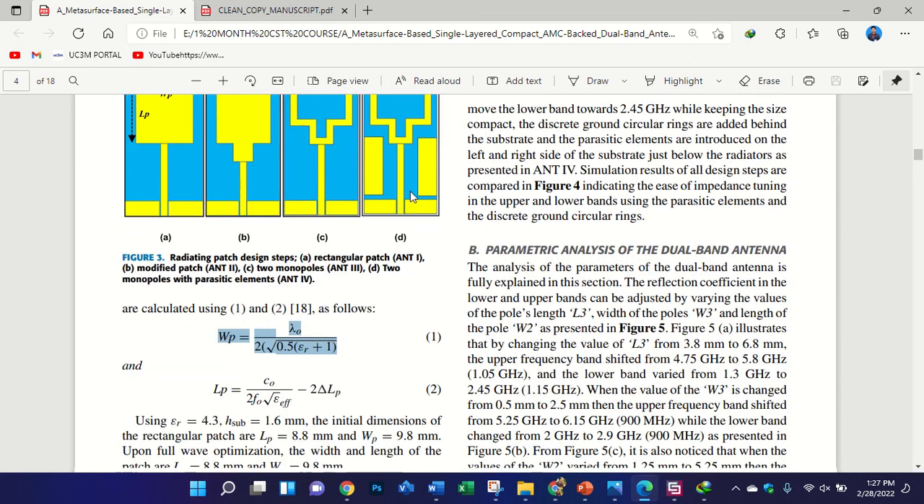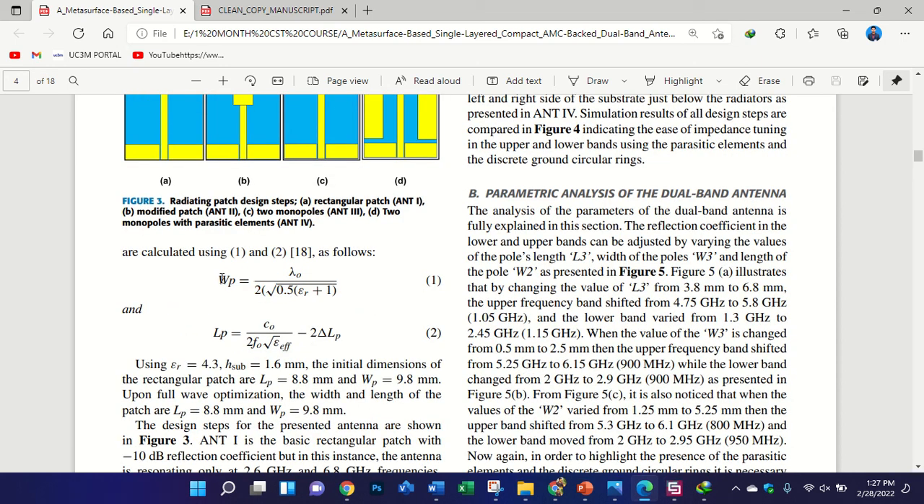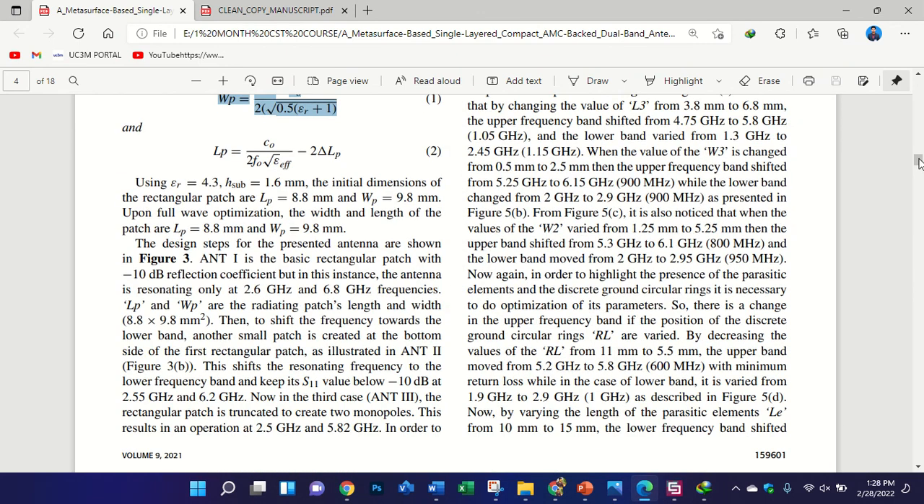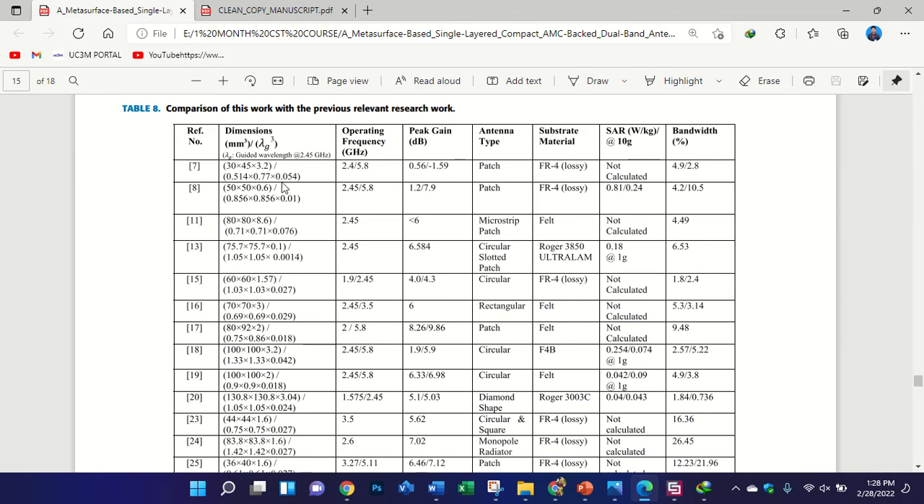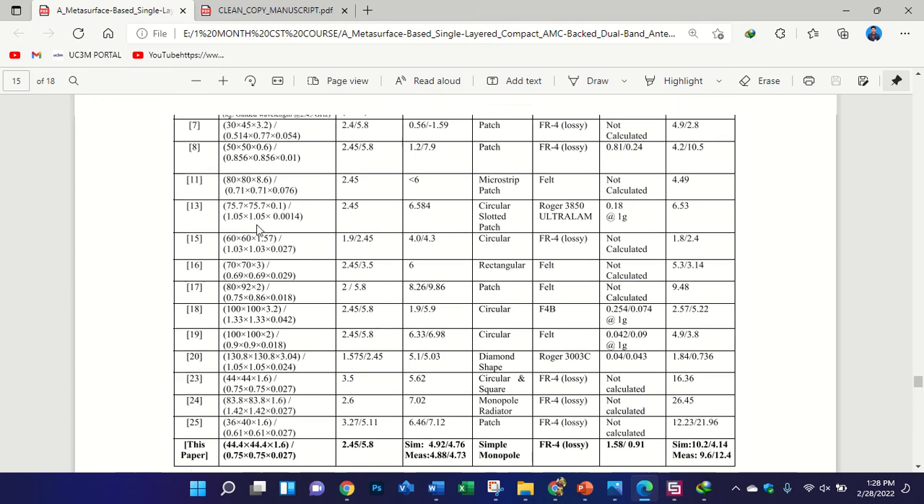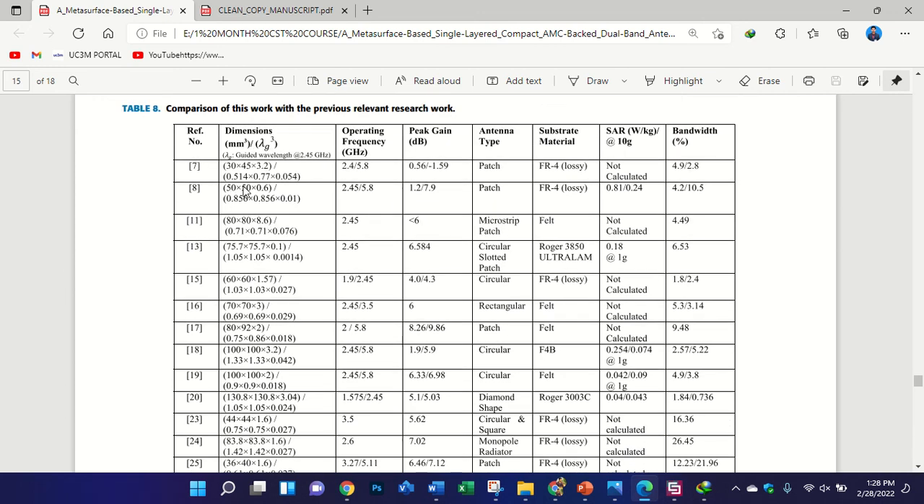Okay, that's why for this one you can say you are following this mathematical equation like this. But I told you before, while designing your antenna you need to follow the research paper. Like this is a research paper, and you have seen the results. Like you can see in the previous research